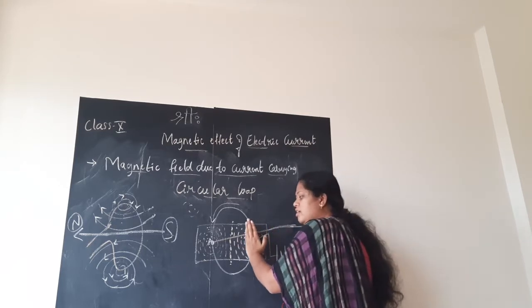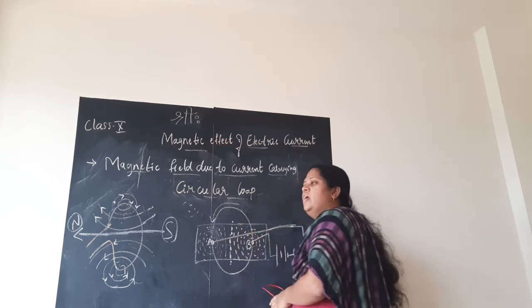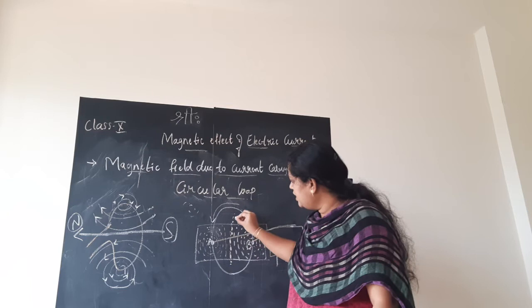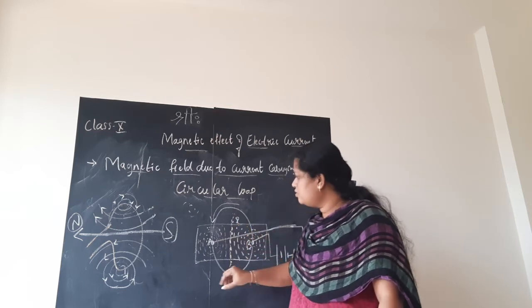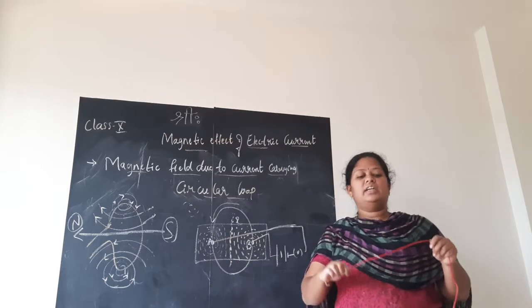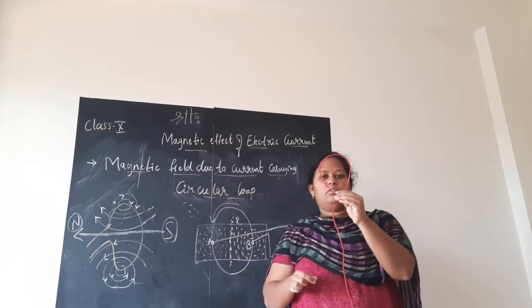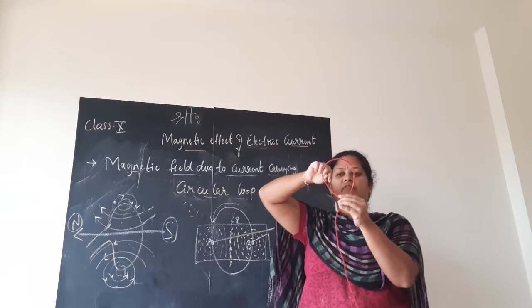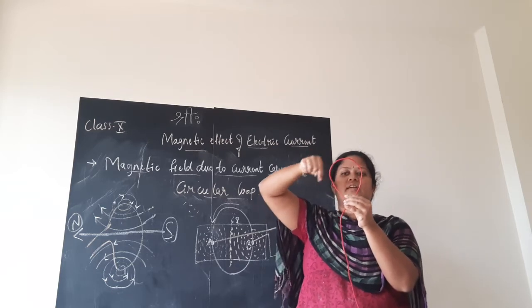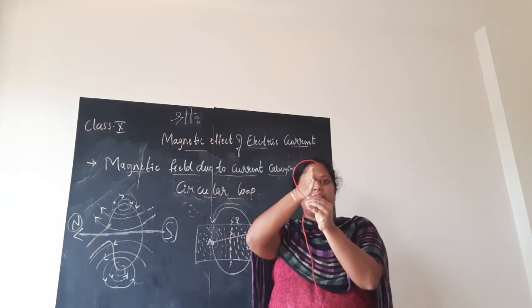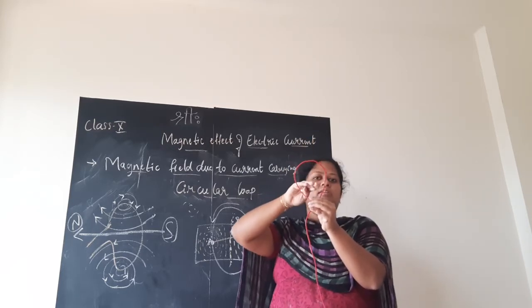As we are moving away from the wire, it is becoming arcs, and almost at the center, if we take point P, it is in the form of a straight line. The same thing that we understood here, they are showing experimentally. We made a loop. Here also the iron filings arranged themselves in the form of concentric circles. Concentric circles formed on both sides. By the time you come to the center, the full circles are lost.